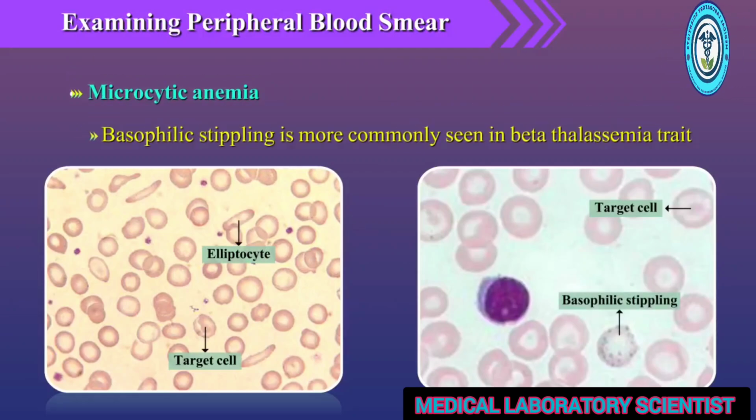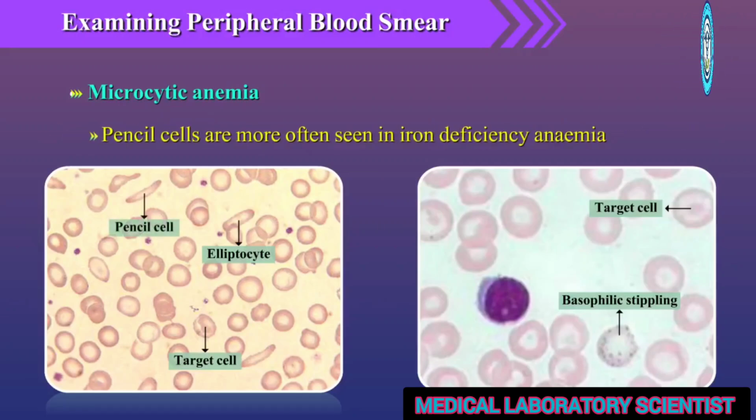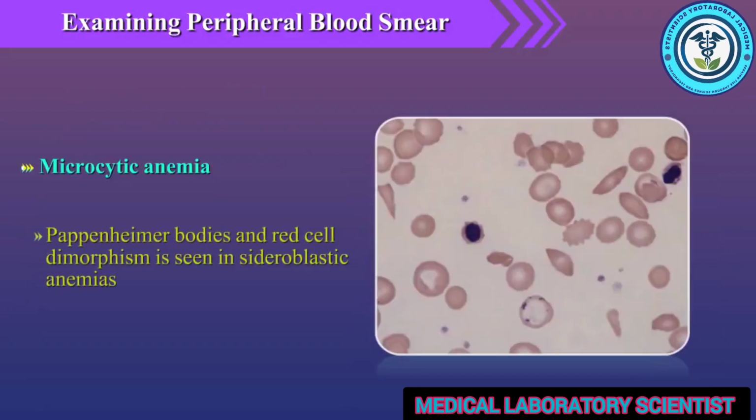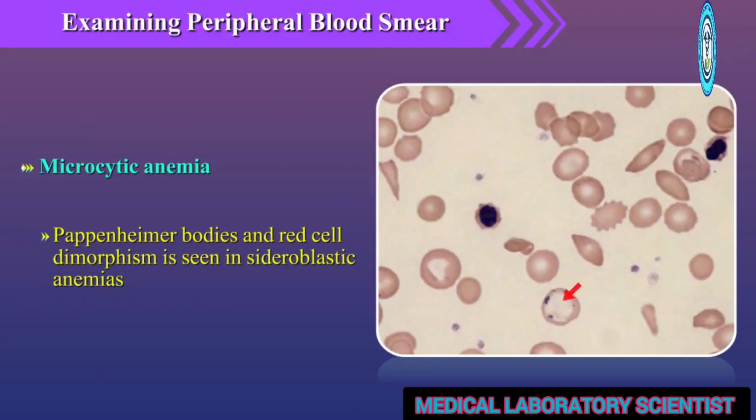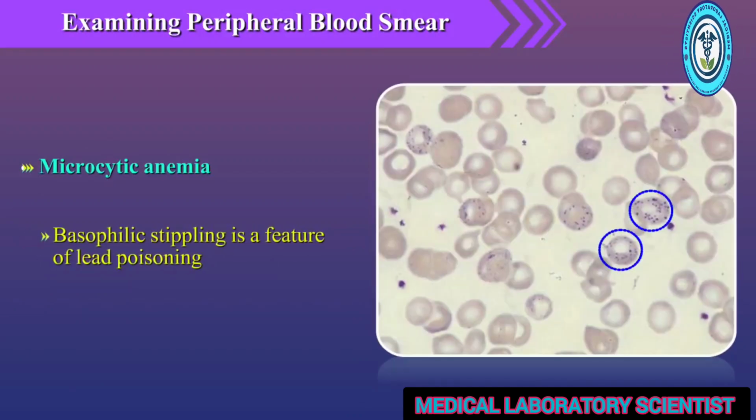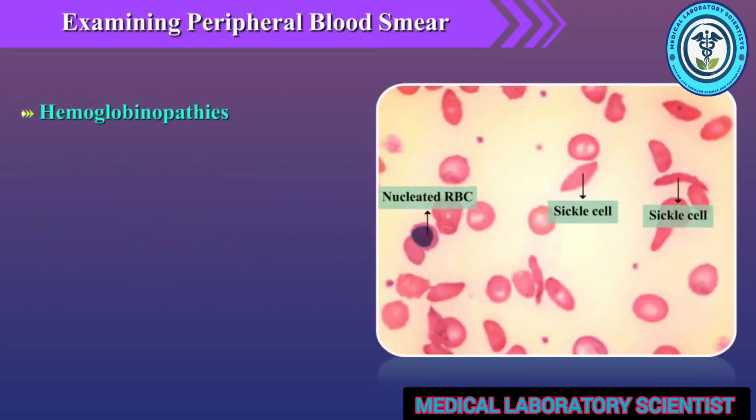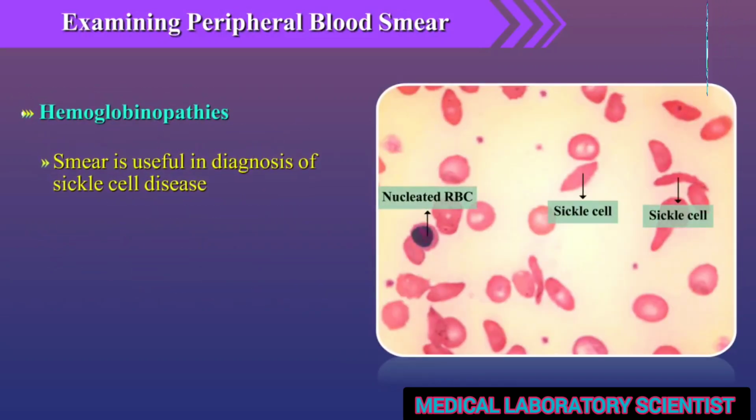While basophilic stippling is more commonly seen in beta thalassemia trait, pencil cells are more often seen in iron deficiency anemia. Pappenheimer bodies and red cell dimorphism are seen in sideroblastic anemias, and basophilic stippling is a feature of lead poisoning. Coming to hemoglobinopathies. Smear is useful in diagnosis of sickle cell disease, particularly if there is an urgent need